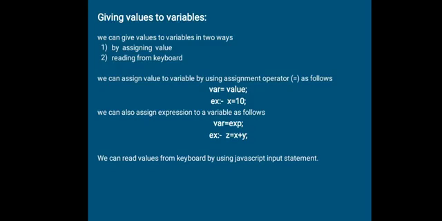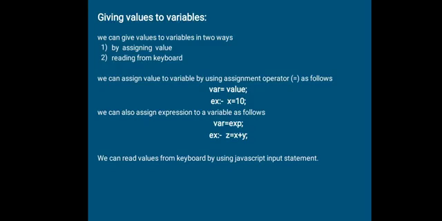We can assign values to variables by using the assignment operator equal to. Variable name is equal to value. For example, we can give x equal to 10, y equal to 15, whatever the value we want to give.